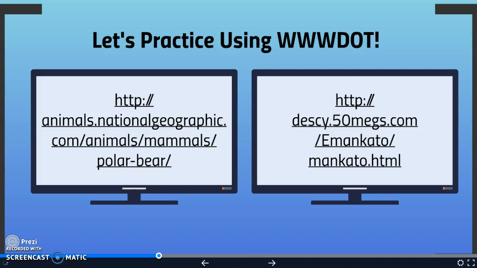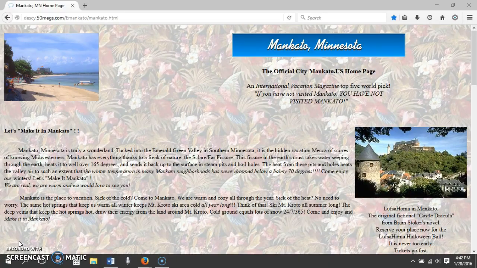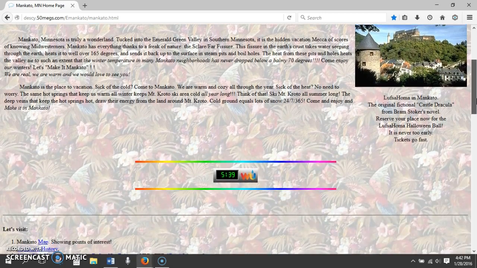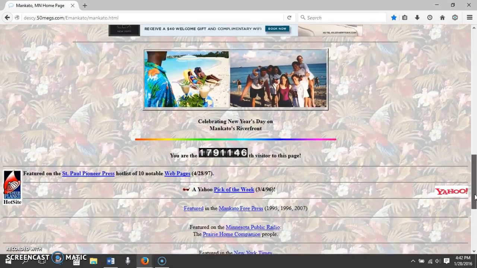Now let's take a look at another website. This is a website about Mankato, Minnesota. Let's first look at who wrote this website. Down towards the bottom of the page,